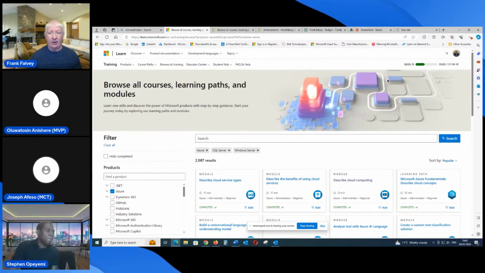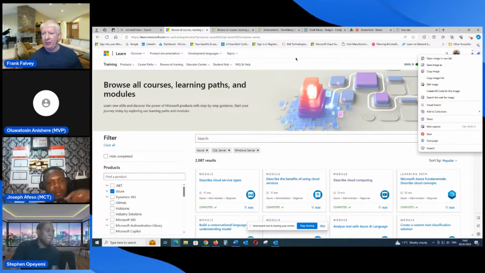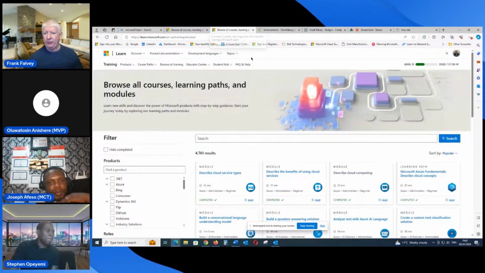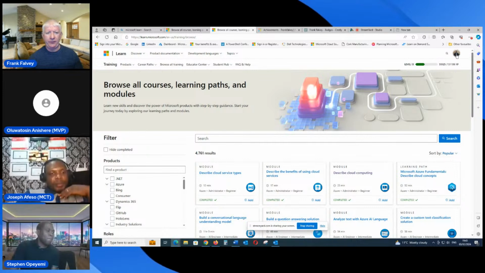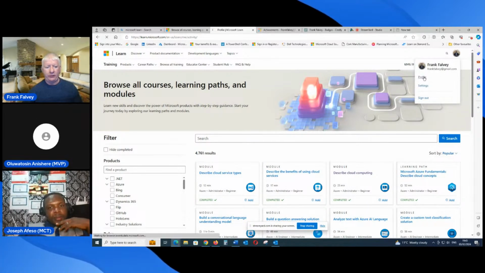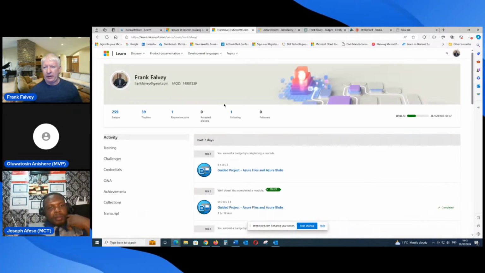As you can see on the right-hand side, my profile is at level 13. I'll open my profile in a different window to give you an idea what that looks like. If you do any modules in here, you can earn badges.